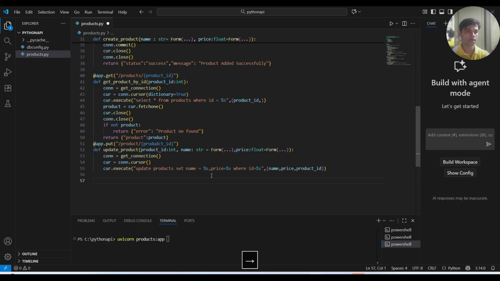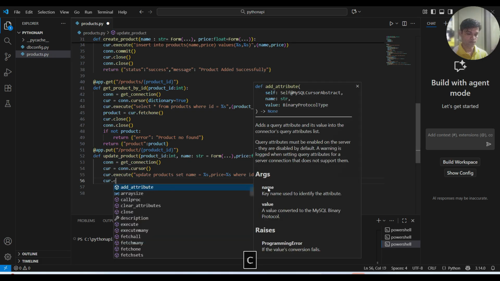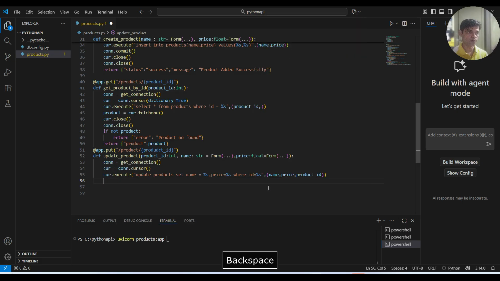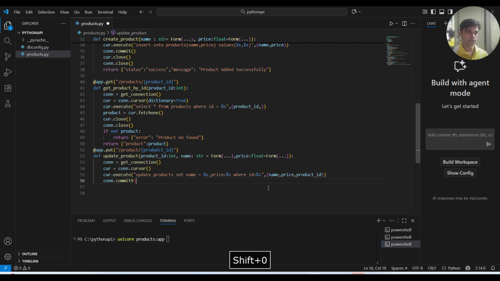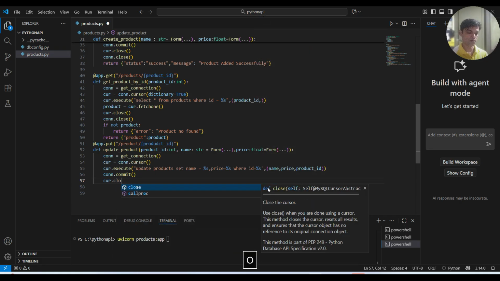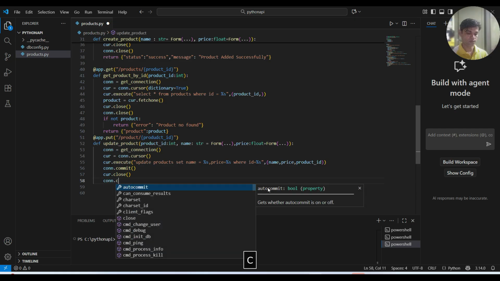So this is written. After that we have to close the cursor. Before that, we need to do one thing which we did in our insert, that is commit, to change the record. So for that we do con dot commit. That is done over here. We commit the data, commit function, so it will update the record. Then we close the cursor, cur dot close. Thereafter we close the connection, that is con dot close,